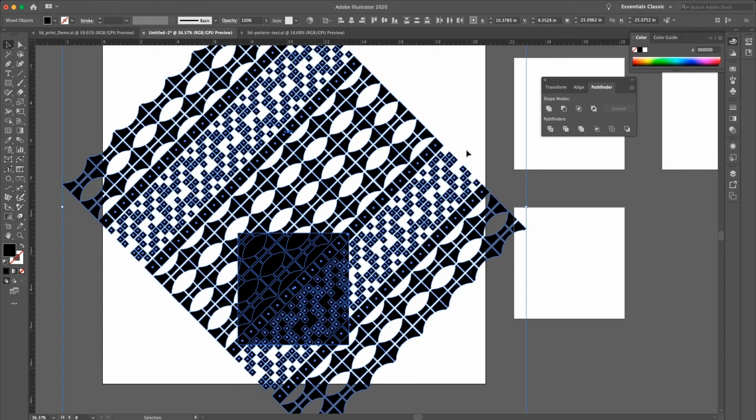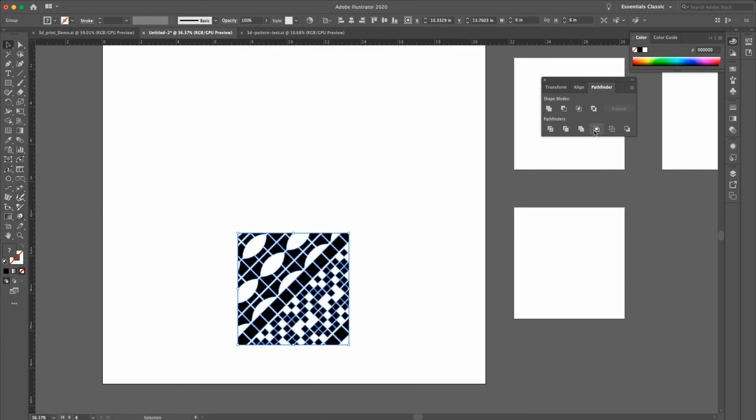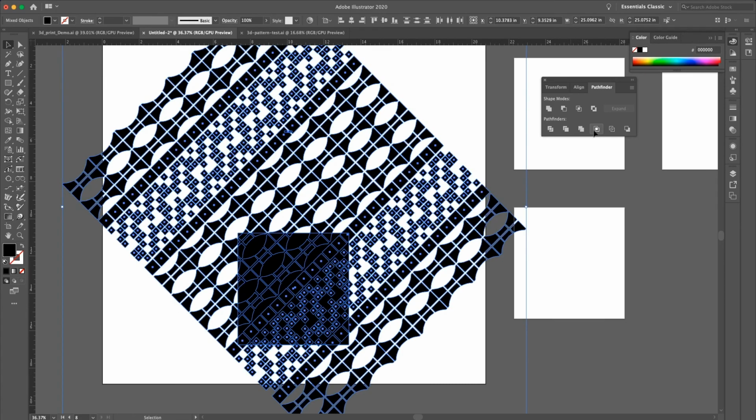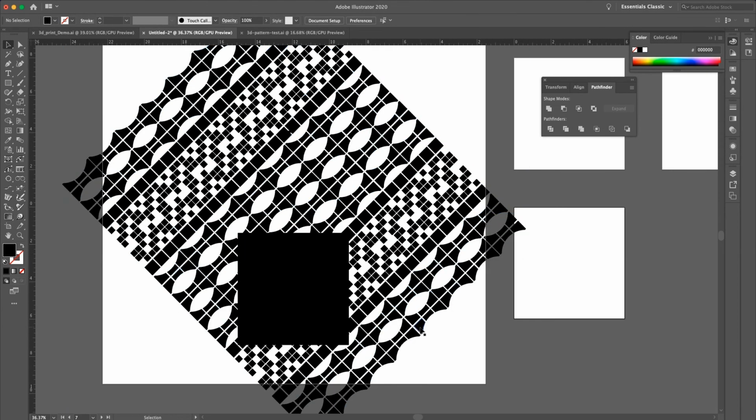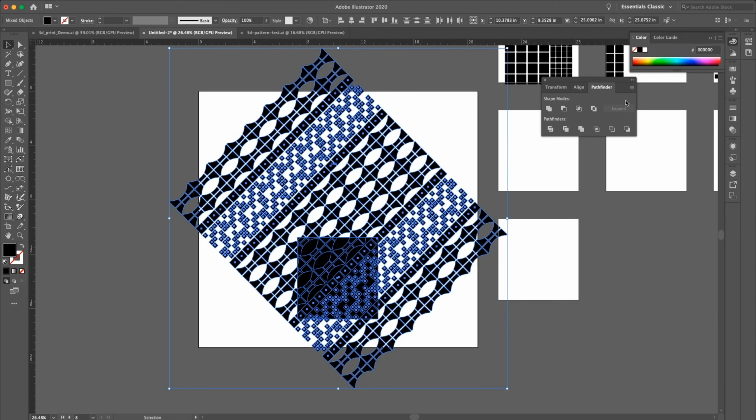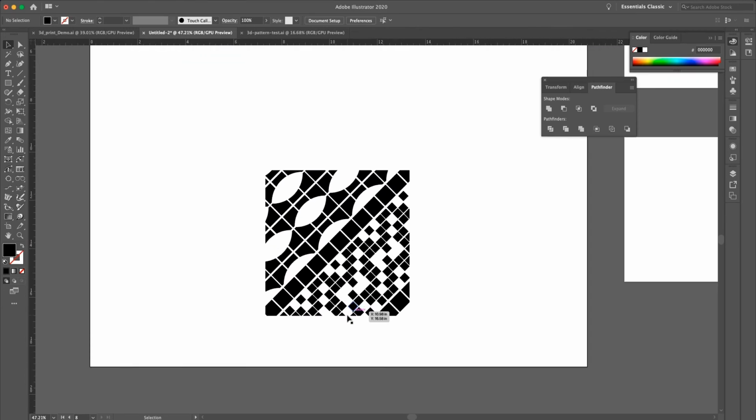With these both selected, you're going to go over here to the Pathfinder. You don't want Minus Front. Why does it give me that warning right quick? Oh, okay. That's right. So don't do the Intersect. That's not what you want. Actually, what you want is Crop. Pathfinder, Crop. Okay, so what that did